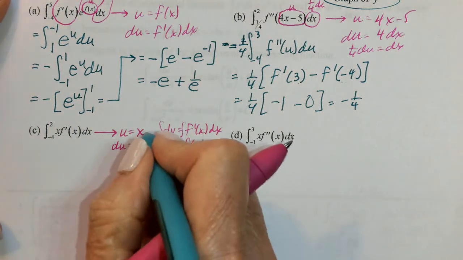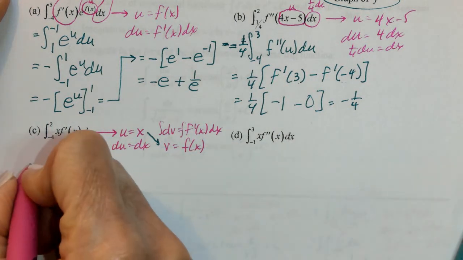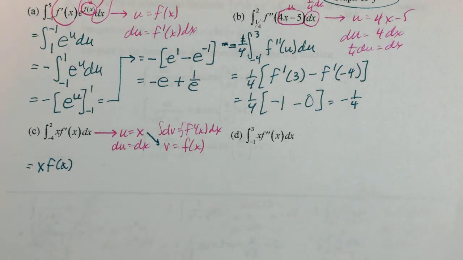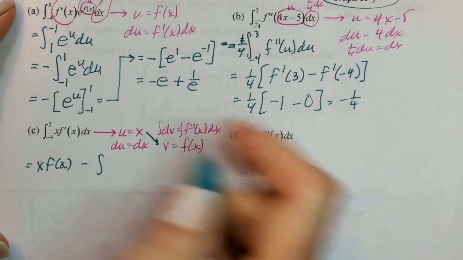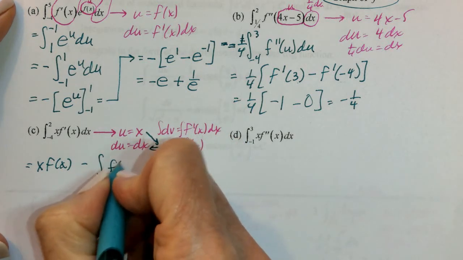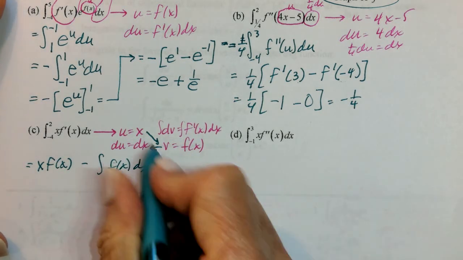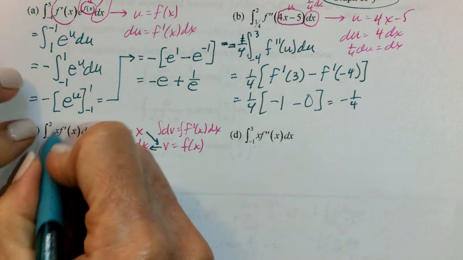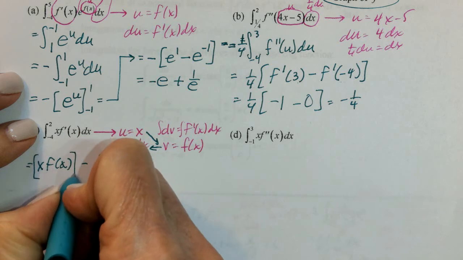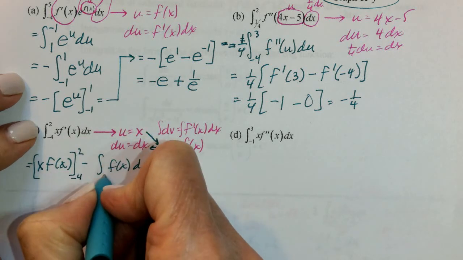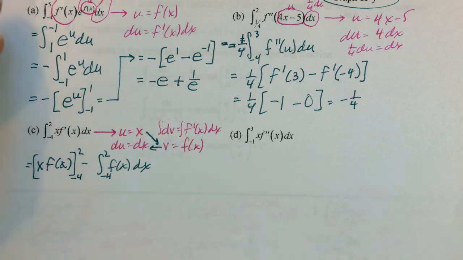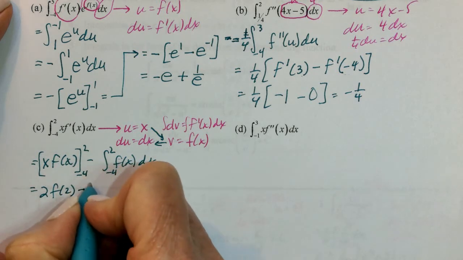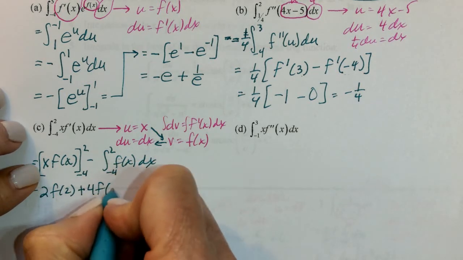And remember, u times v minus the integral of v du. Okay, and now I'm applying my boundaries. So I need to take this from -4 to 2. This integral still has -4 to 2 on it. So this will be 2f of 2 minus -4 f of -4